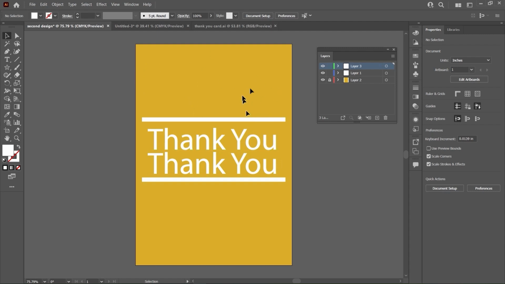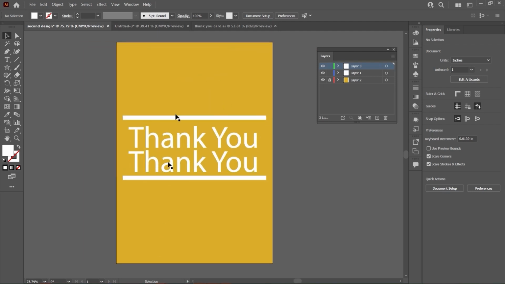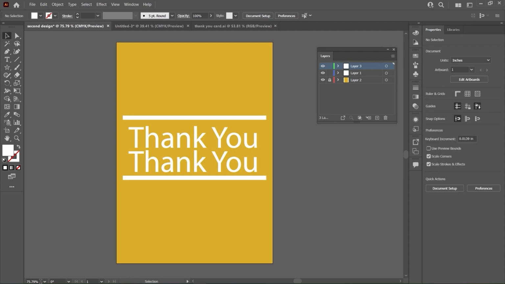If you want to move this artwork, if you press space on the keyboard, then you can see this hand, and with the hand, if you now just click here and hold the left click, you can move it very easily. So here, when you are selecting this hand, then you can see the tool name here. You can see this changed to hand. So if I select another tool, type, here you can see this is a type tool. If I select this one, this is a star. Okay, we can go back to the selection tool, and here you can see this is